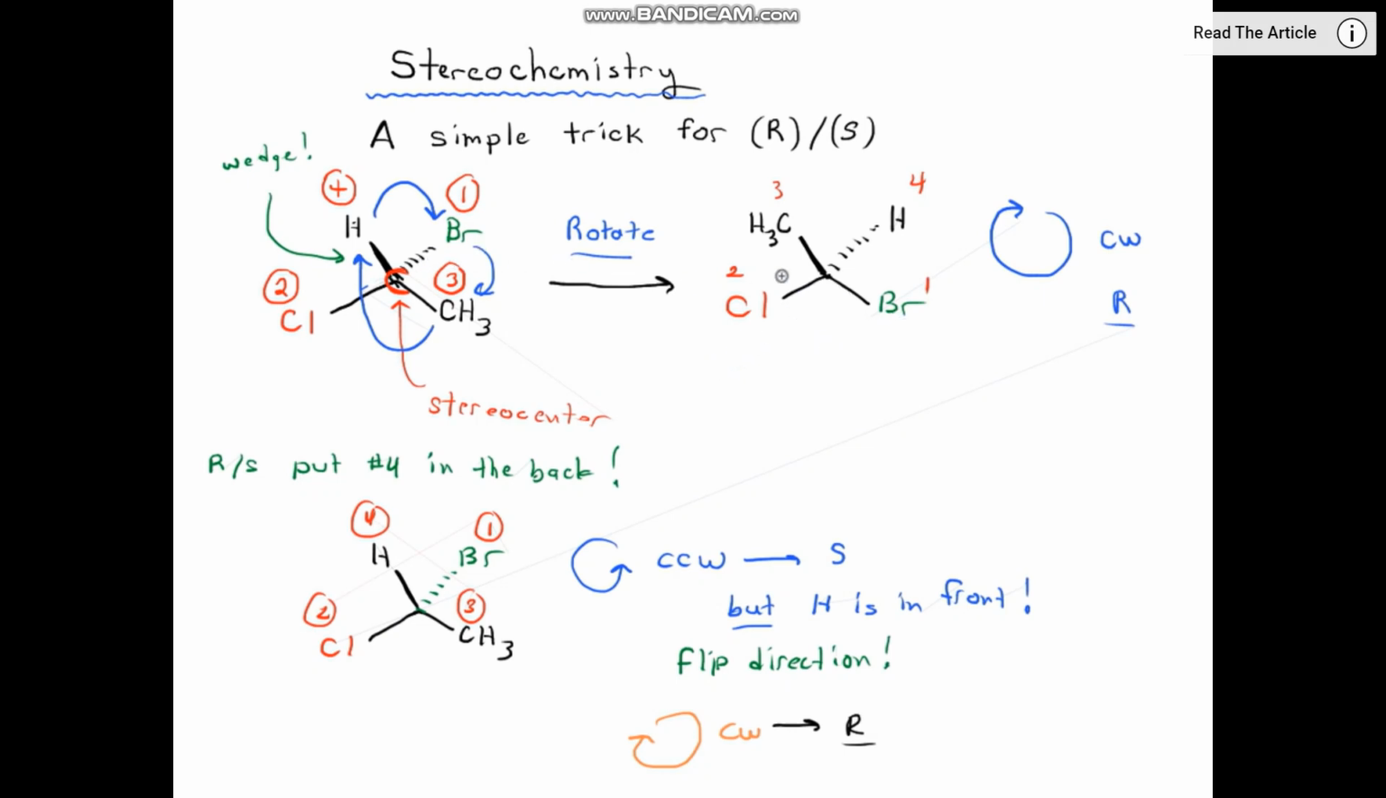This is a very simple example. It looks like an easy bond rotation, but you'll see there are a lot of examples where bond rotations are a little bit more difficult than this, so they can be tricky. So that's it. Just a simple rule. If H is